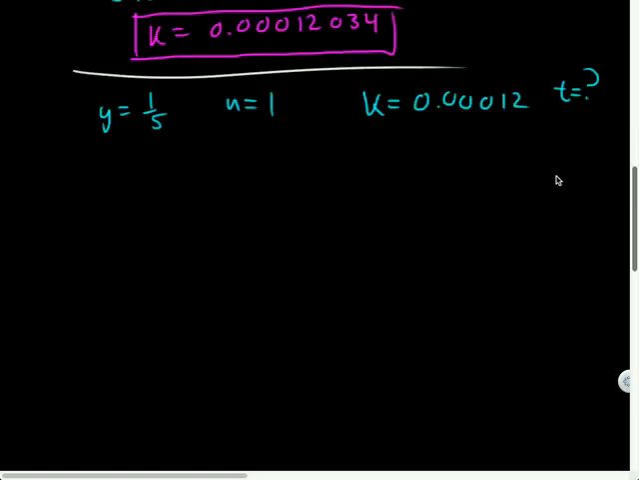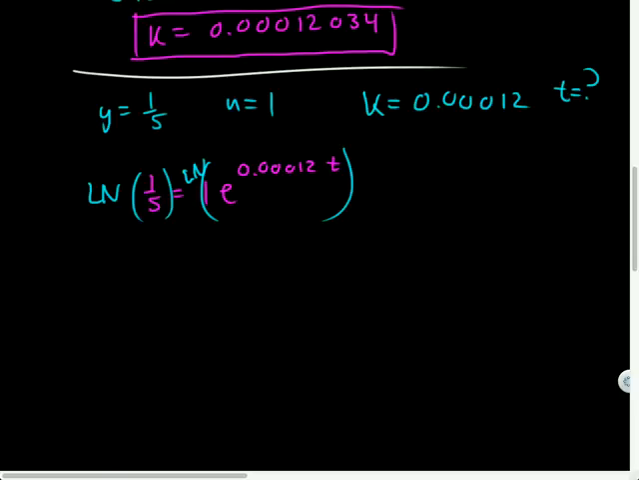So let's plug it into the same formula. So 1/5 is equal to 1 times e to the 0.00012t. So I can then ln both sides. It's really the same exact step here. ln of 1/5, I guess I'll parenthesize that, equals